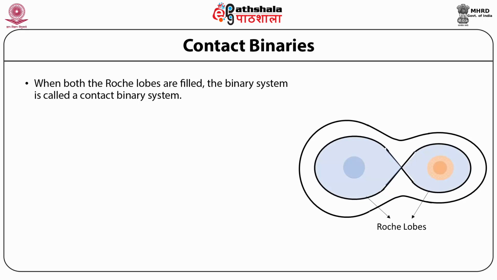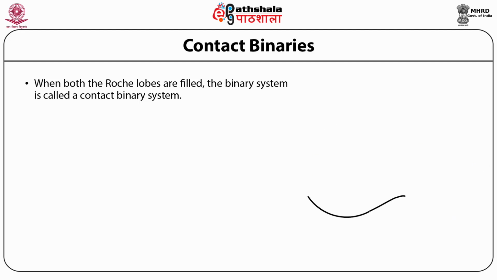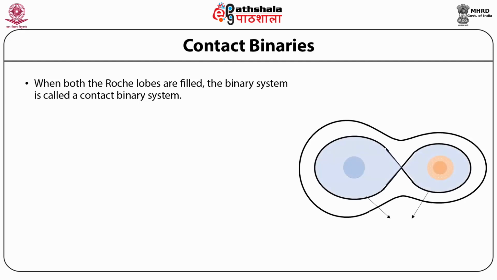When the Roche lobe is filled, the matter from this star just pushes through the point L1 towards the other star, which has not yet evolved to fill its side of the Roche lobe. The matter escaping through L1 falls on the less massive star. The given figure shows when both the stars have evolved so that both the Roche lobes are filled, the system is said to be a contact binary system.